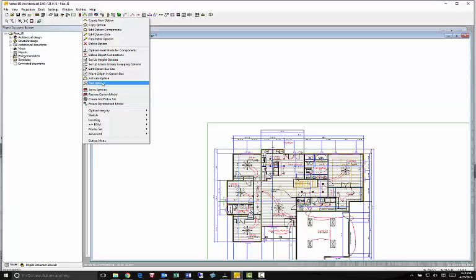Test options. Here is where you would test a full option. You want to see elevation A and how it looks on the building, on the full model, for all drawing model pairs. And you can click there, select elevation A, B, C, whatever elevation choices. You can select multiple option choices, so you could do elevation B with a third car garage and test the